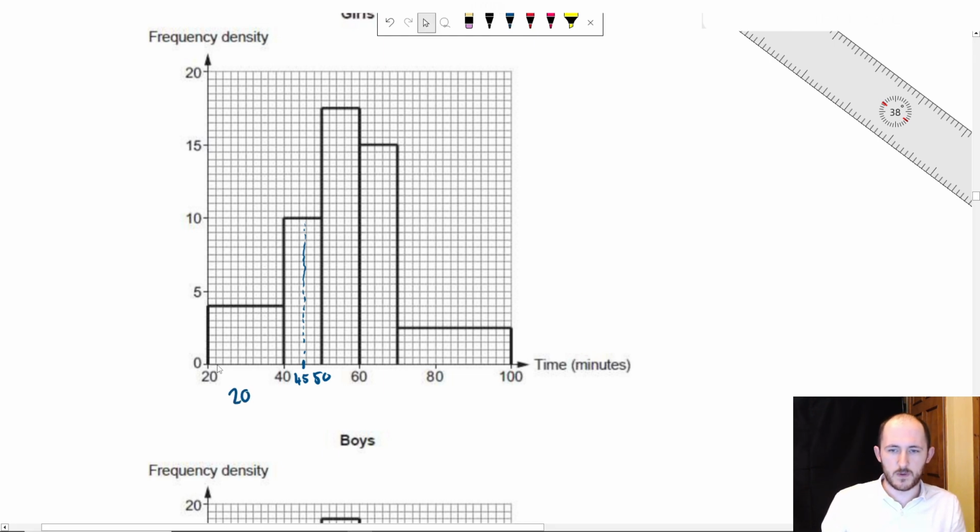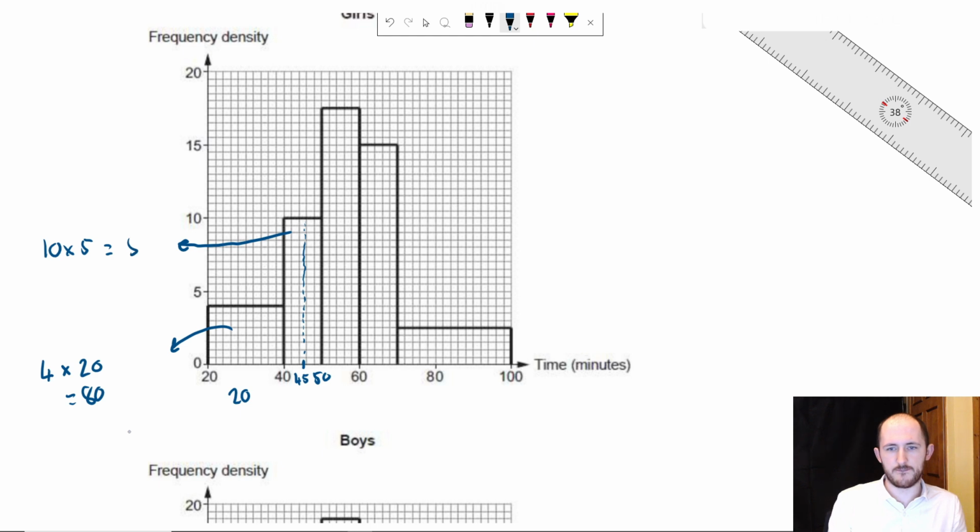And what's the height? Well, there's 1, 2, 3, 4, 5, 6, 7, 8, 9, 10 squares between 0 and 5, so each goes up in 0.5. So this is 5, 4.5, 4. So the frequency of this one is 4, because that's the frequency density, times the class width of 20, so there's 80 girls in that bar. In this one, you can do the exact same thing. So the class width here is 5, and it goes up to 10, so it's just 10 times 5,